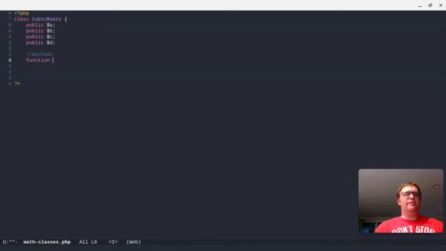So the first method is going to be function, and I'm going to call this method find potential roots. Okay, and we're going to only need to take in the variable A and the variable D into this function. And I'm going to say this A equals A, and this B equals B. Okay, and then we need to create a few,